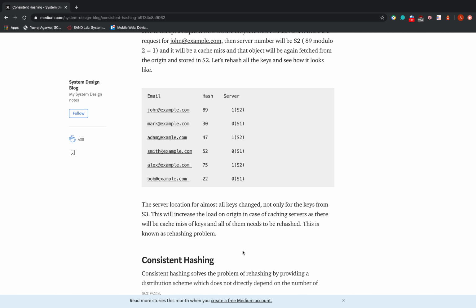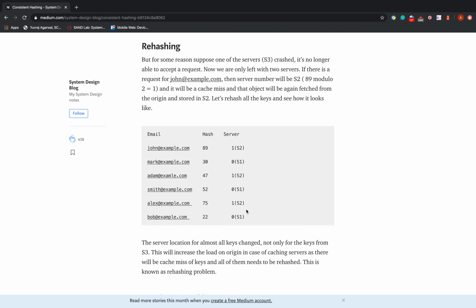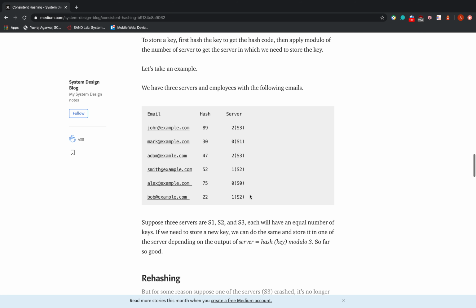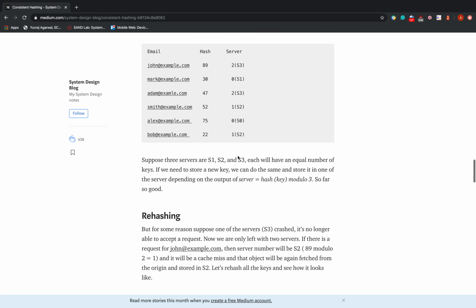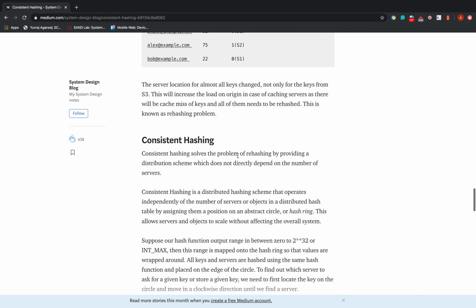So we want to reduce that, and ideally, as I said, we want that only the keys for the node that is leaving the system are rehashed. For example, here we would want that we only rehash john@example.com or adam@example.com. One way to do this is through consistent hashing.